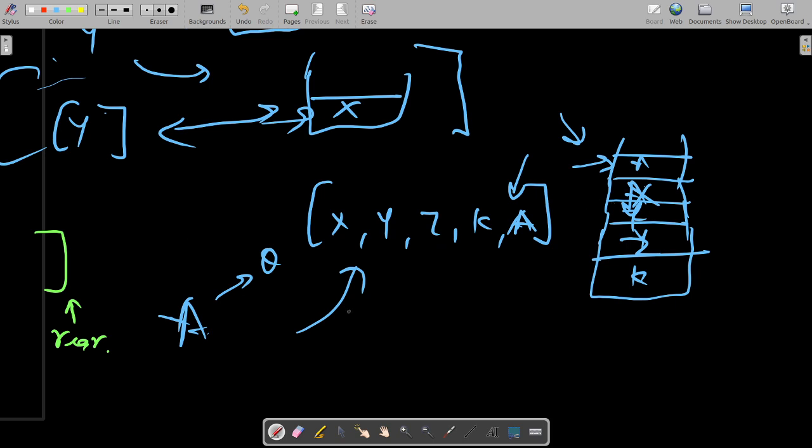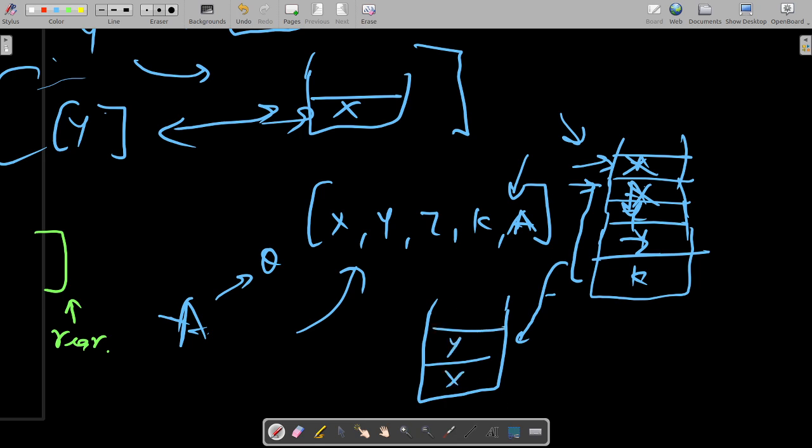Okay, so what I will do, since I have the other stack also, so what I will do with that stack, when such a thing is forming, then I will empty all this stack and push all the elements into this one by one. Okay, so before adding this, I will be pushing all these values over here. So x will be pushed over here, now y will be pushed, now z will be pushed, and then k will be pushed. Okay, now I will push a in this, so a is again at the top.